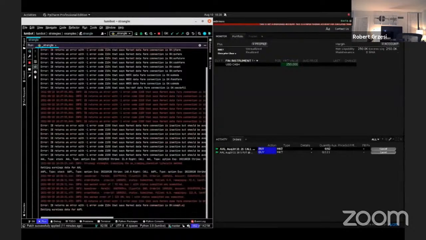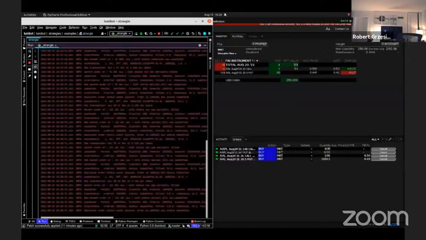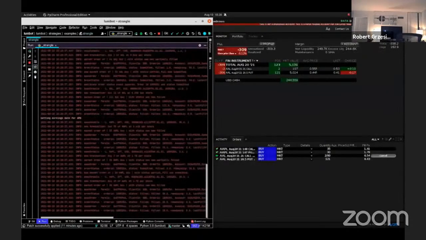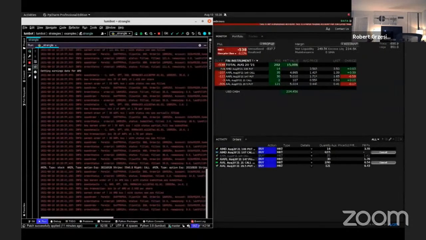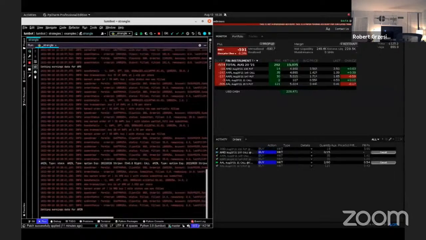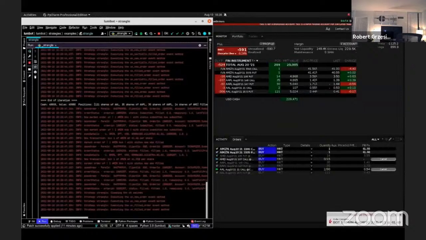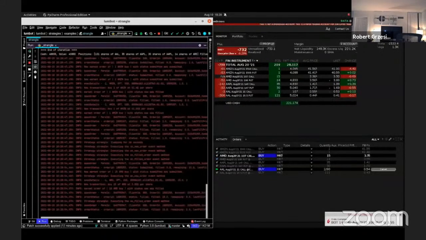I'm doing paper trading on an account with a $40,000 budget, even though it says $250,000 in the paper trading account there. We have a maximum number of trades of 4 trades, so we'll have 8 positions altogether because they're in pairs. And you can see Lumiwealth's going through the process of doing the analysis, finding out which pairs are best to be purchased, and then it goes ahead and purchases them automatically all by itself. I'm not doing anything at this point.